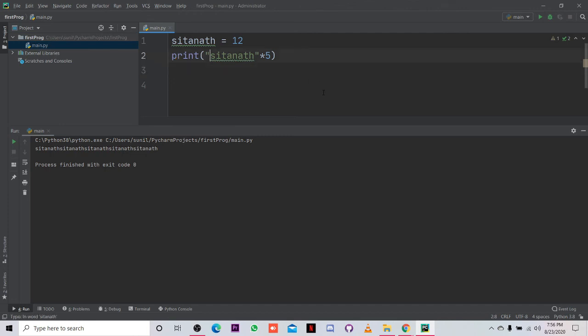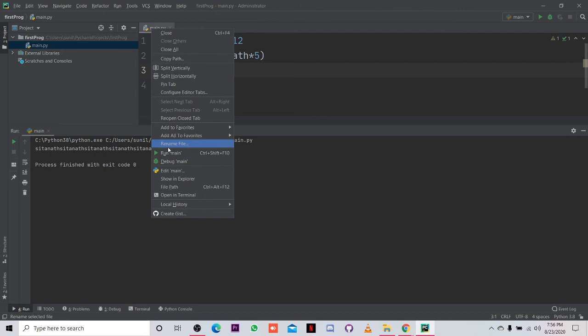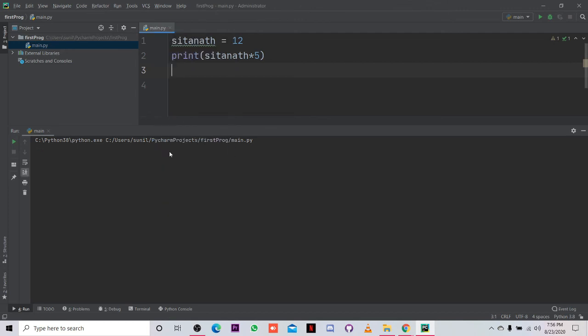If we remove the double quotation marks, then it will understand that it is an integer storing 12, an integer data type. When we run it, it is a variable storing the value 12, and now it will give 60. Got it? All of you? Yes. Okay, fine.